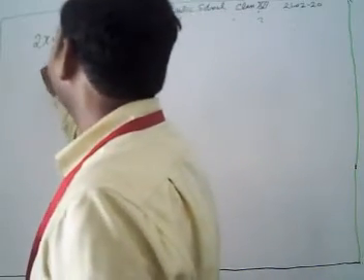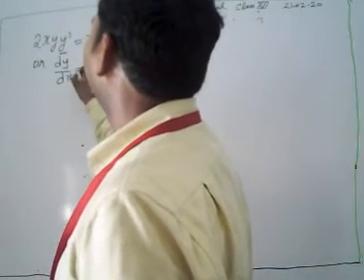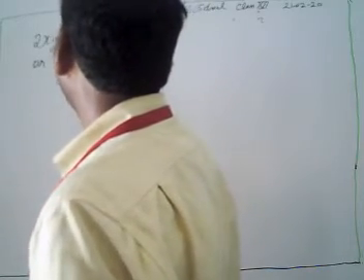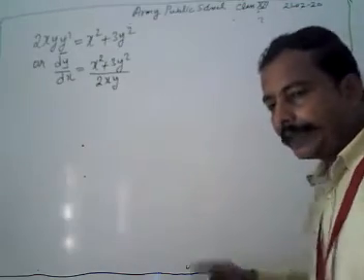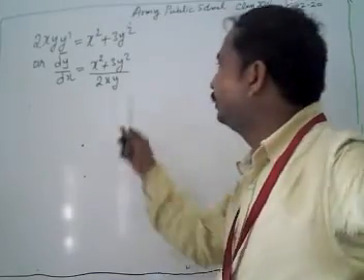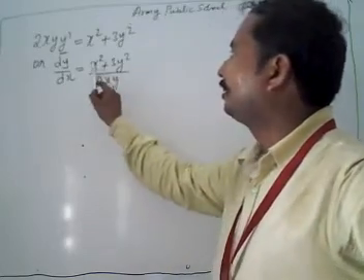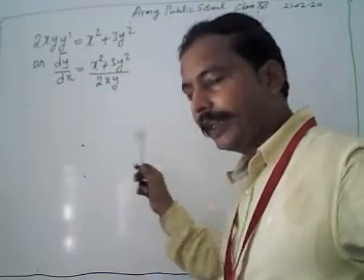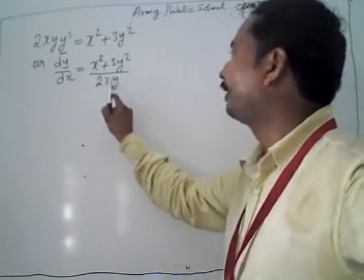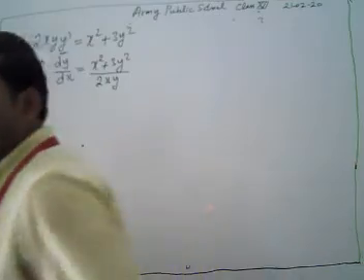Then what do we have from here? Our differential equation is dy/dx = (x² + 3y²)/(2xy). Now we can also roughly check whether the given equation is homogeneous or not. There is a rough way: check the powers of all the variables in each term. The power of x is 2, the power of y is 2, and in the denominator it is 1 plus 1, which is 2. This is a rough way to check whether it is homogeneous.